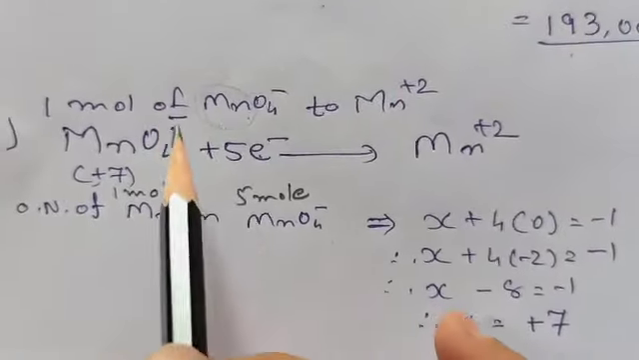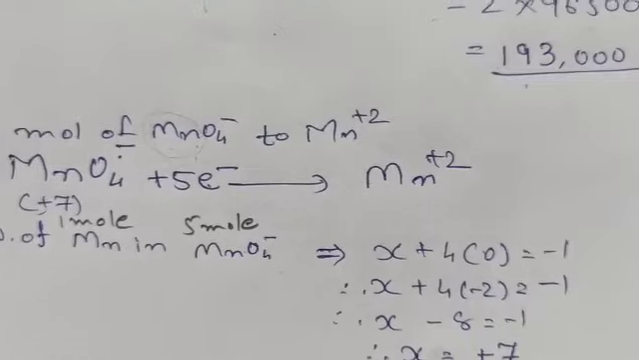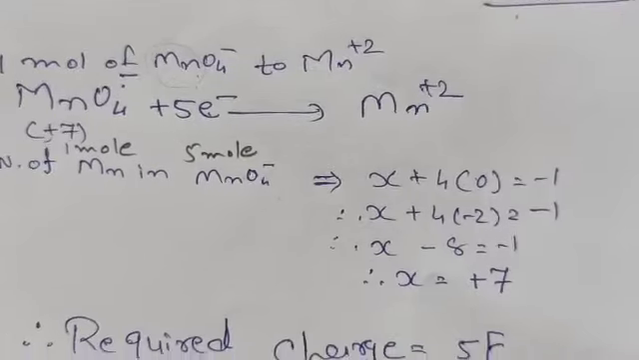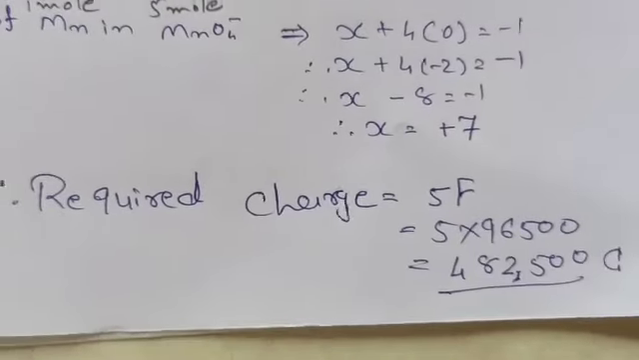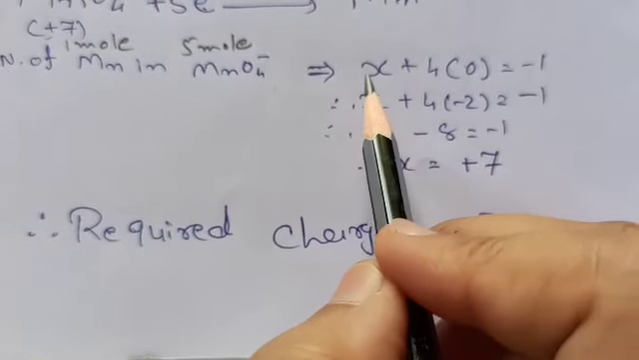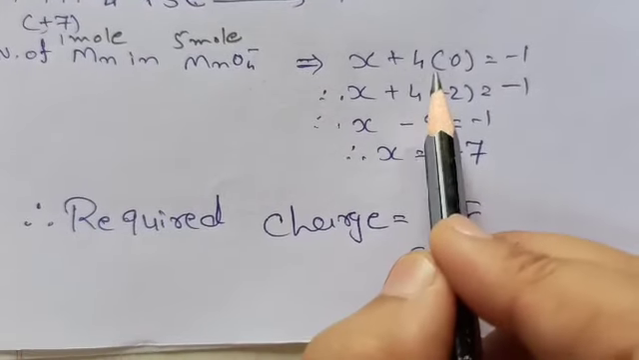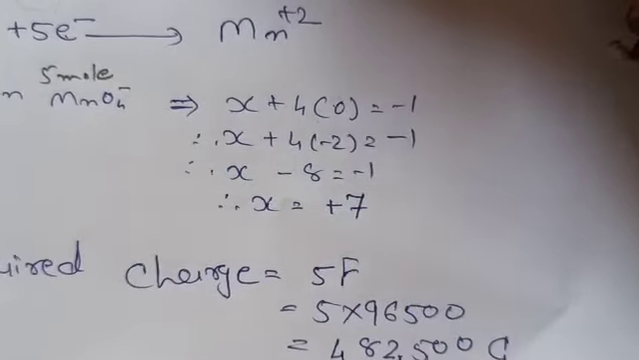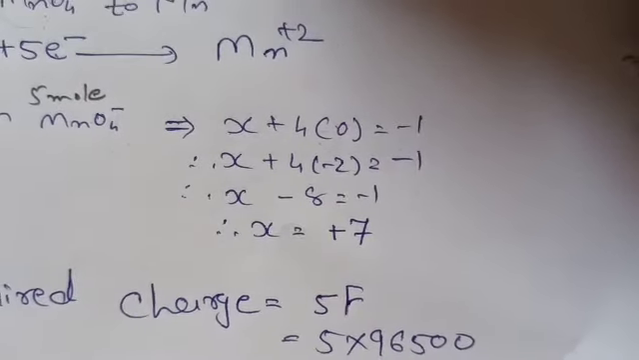Now we have to reduce 1 mole of MnO4 to Mn+2. Means here a reduction of Mn takes place. So first of all we have to find how many oxidation numbers are decreasing during the reduction. So first of all find the oxidation number of Mn in MnO4 minus. Here suppose the oxidation number of Mn is X and 4 oxygens are there, so plus 4 oxygen, total charge is minus 1, so minus 1. Now the oxidation number of oxygen is minus 2, replace that, you will get the oxidation number of manganese is